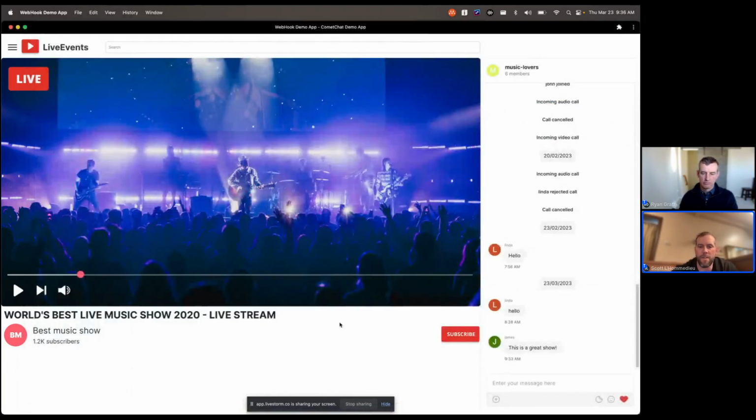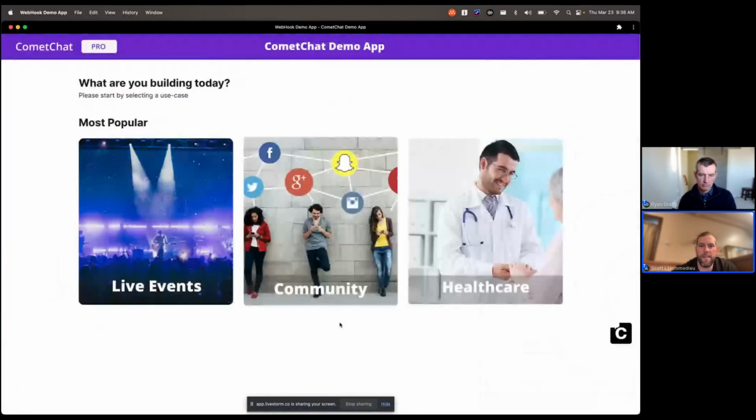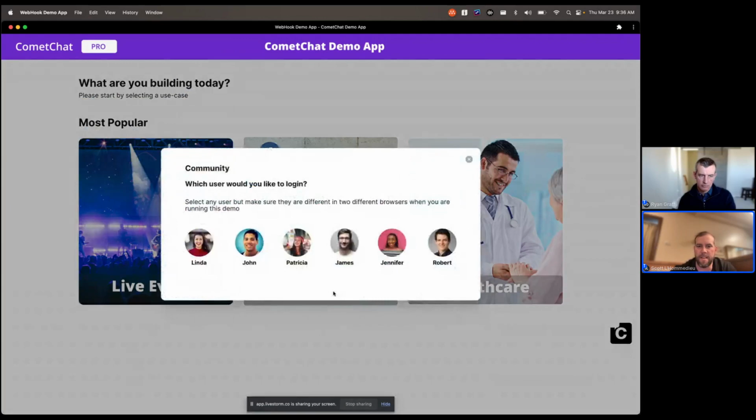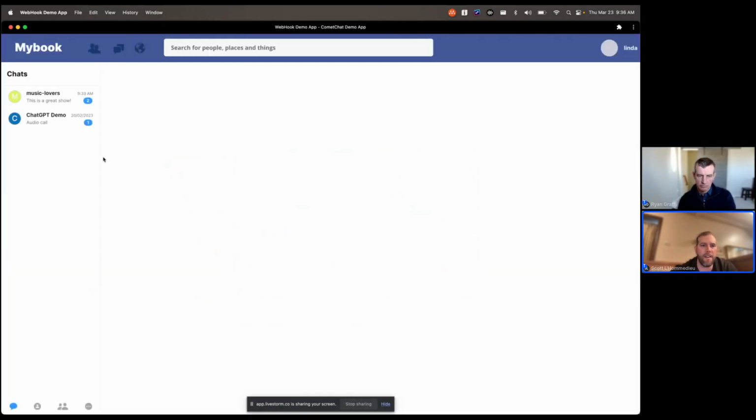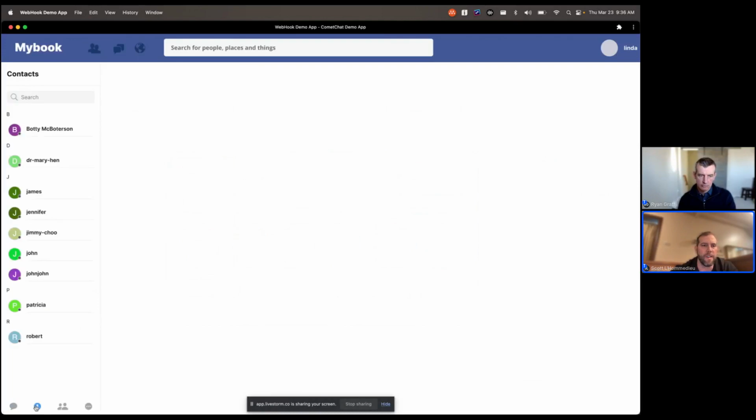And so that was one use case, but I do have the same backing app configured for all of these different use cases. So it's basically supporting all the same kind of use case, but you can see if you had a standard chat situation, let's just choose Patricia again. Linda and Patricia are going to communicate. So it doesn't matter what type of app experience you're providing. You can still